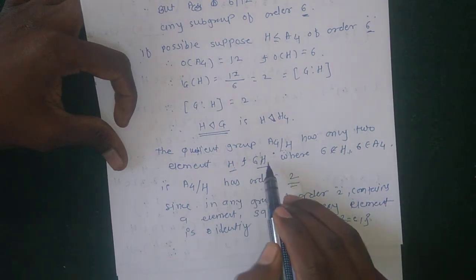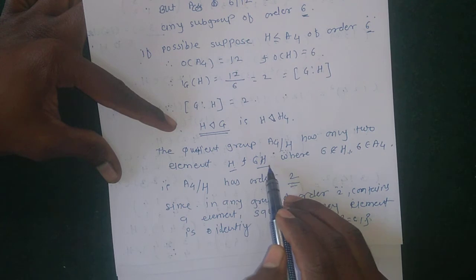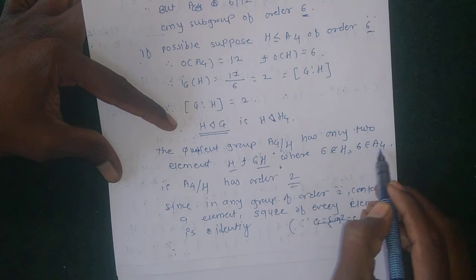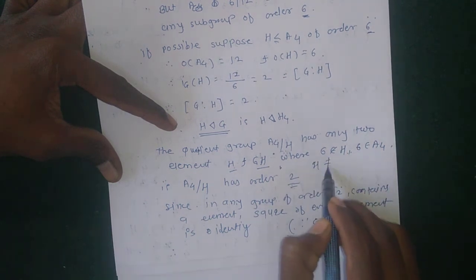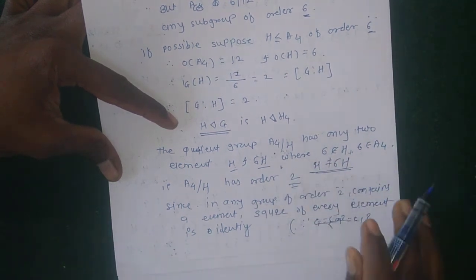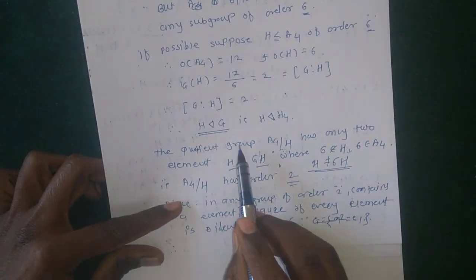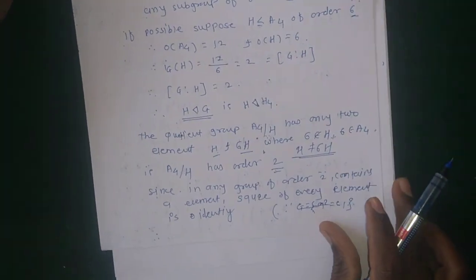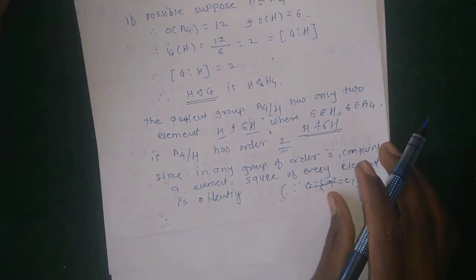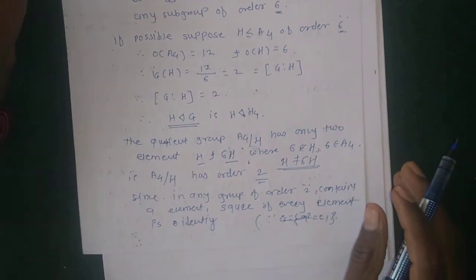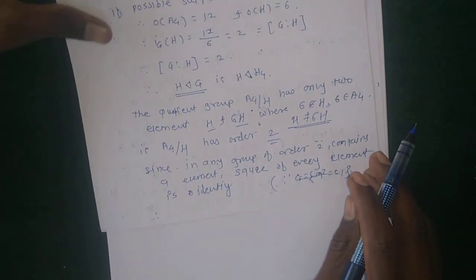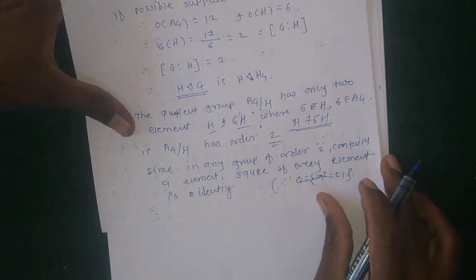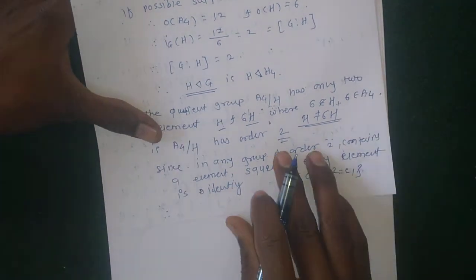So therefore H and sigma H are distinct elements. These two elements are distinct, therefore the order of A4 over H is equal to 2. Okay, so here any group containing two elements, meaning order 2, the square of every element must be equal to identity, because